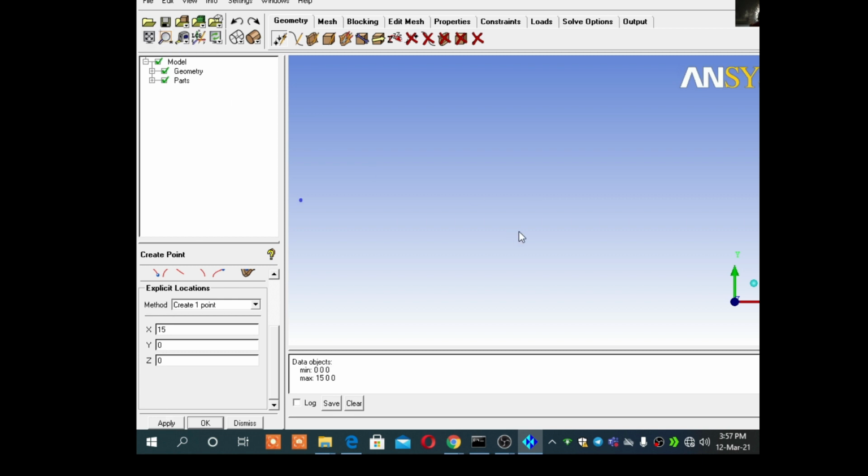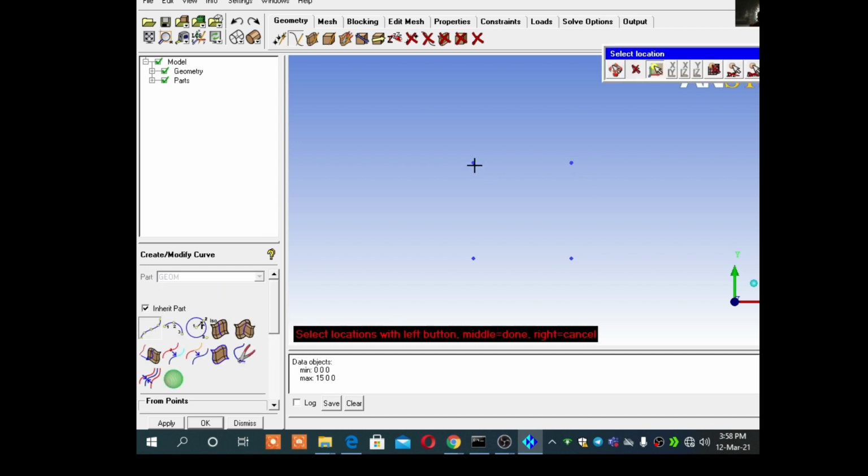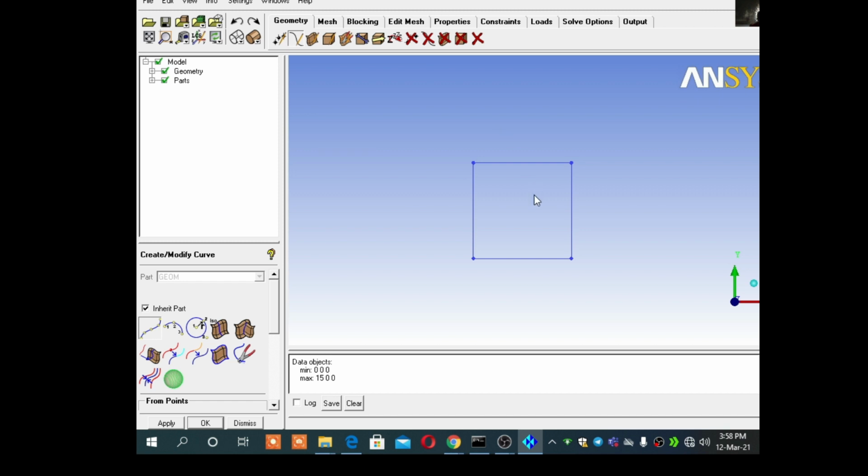Say apply here. Then I will go again 15 in the y direction, and here is 0. So this is the base of the heat sink, which will be used for thermal management purposes, particularly in electronics. Then I will give some thickness to this heat sink.